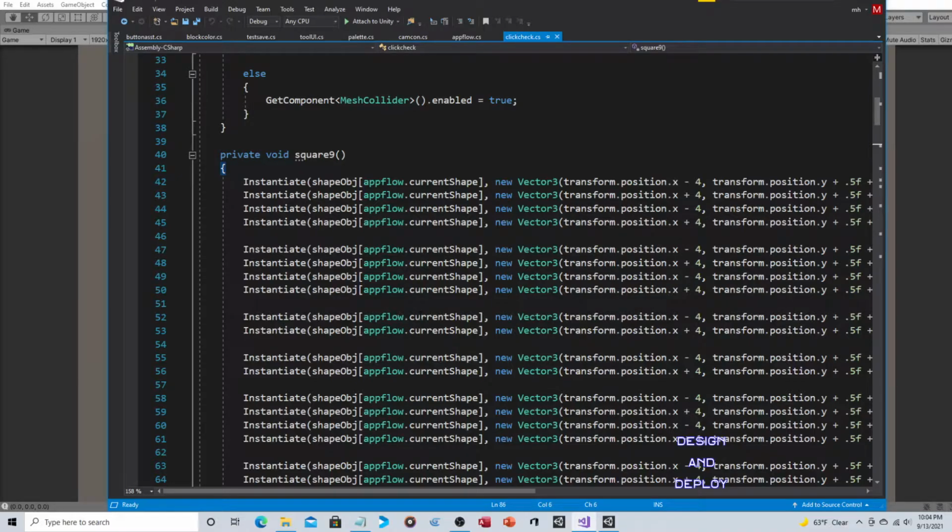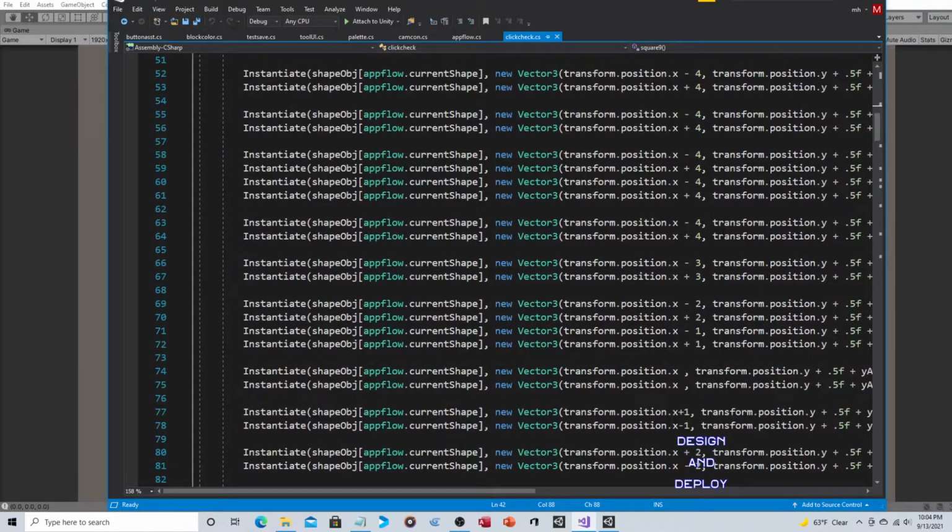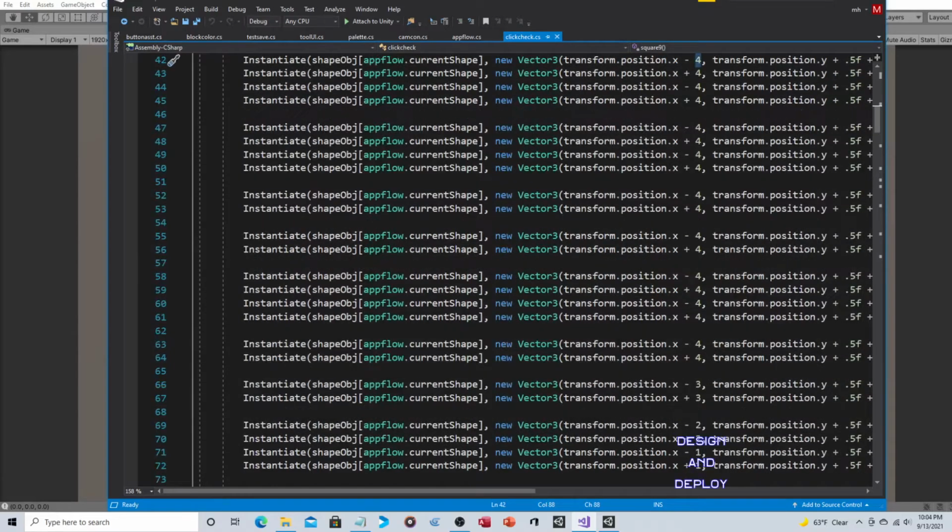So for x equals -4; x less than +4; x plus equals 1. So in other words, you're incrementing it by 1. As long as it's between -4 and +4, you increase it by 1, because that's the range. As you can see, -4 to +4 is the range. Say 3, 2, 1, and so on. And then